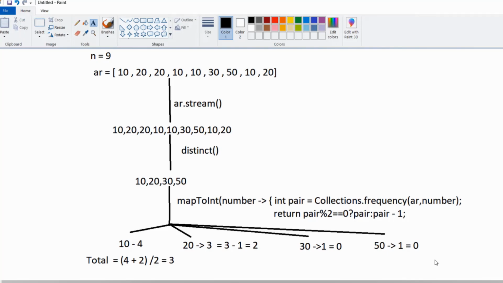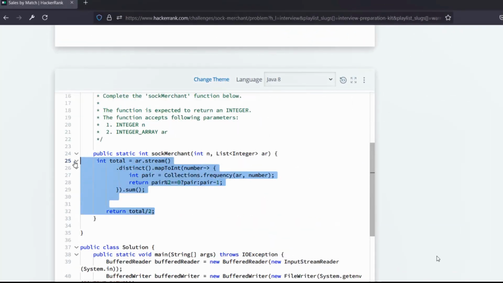Now I will try to use the same logic in HackerRank. Let's do that. Here you can see that I have written the same thing that I explained earlier. ar.stream converted the whole array into a stream. After that I used distinct to access all the numbers in a non-repeated manner.